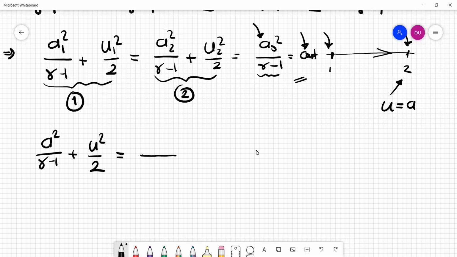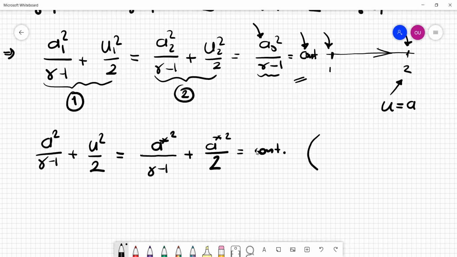We now introduce a different notation. We define a variable called a star. I will explain what this is in a second. a star squared divided by gamma minus 1 plus a star squared over 2 must be a constant